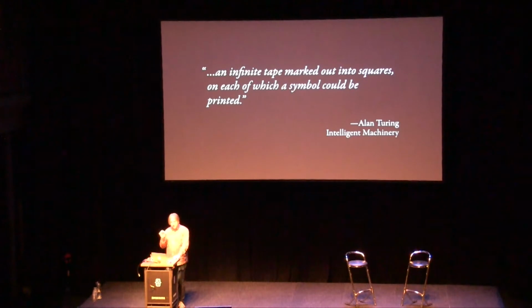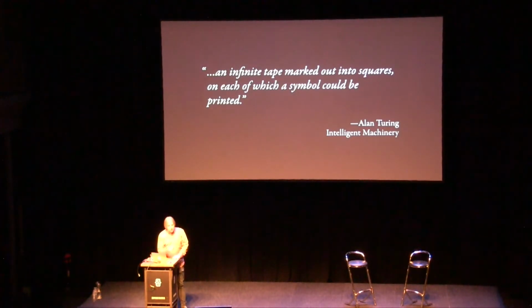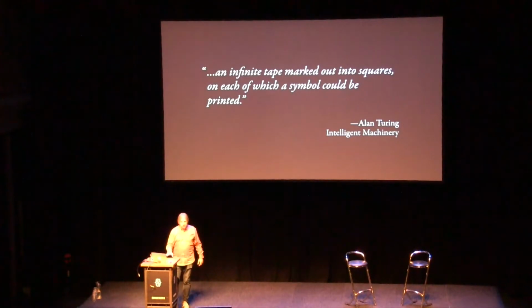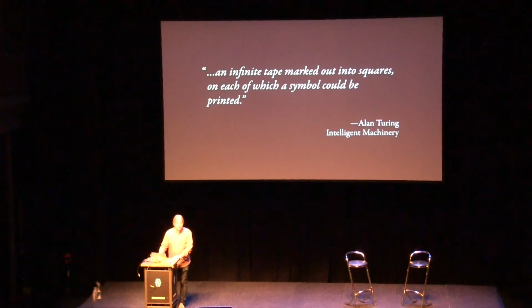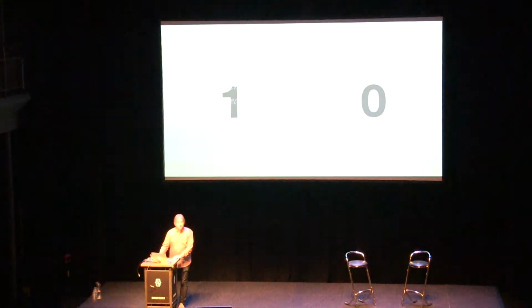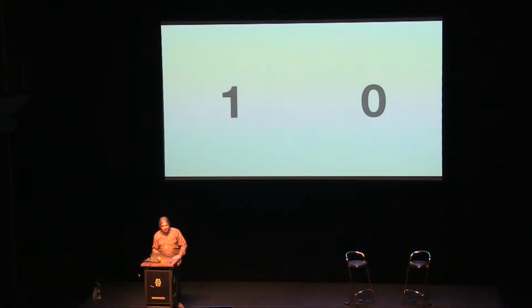Now, like Leibniz's calculus ratiocinator, a Turing machine would operate on symbols. So how many symbols are we talking about here? Remember, the Library of Babel had 25 symbols to work with. Two symbols, 1 and 0, on and off, true and false. Because with an infinitely long piece of tape and an infinite amount of time, 2 symbols are enough to calculate